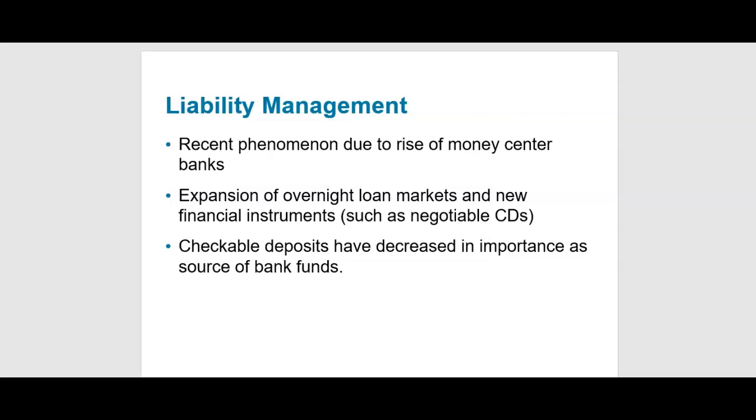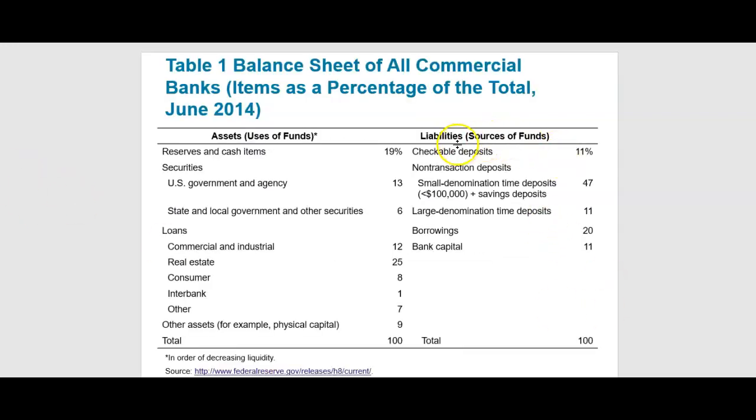So when I'm trying to manage the liability that the bank has, if I'm looking now at the liability side, I need someone to figure out how we're going to distribute all of our liability and diversify them. If the checkable deposit is not playing a major role, and as you can see, it's 11%, and the CDs are playing a more important role, you're trying to manage all of these at the same time. We also have the bank borrowing to satisfy the excess reserve problem that we have.